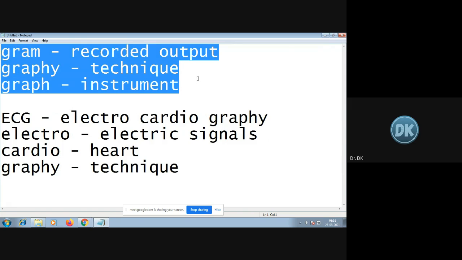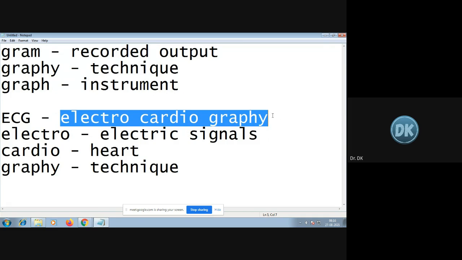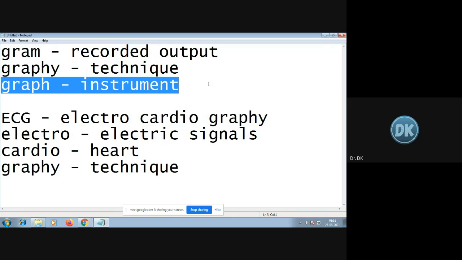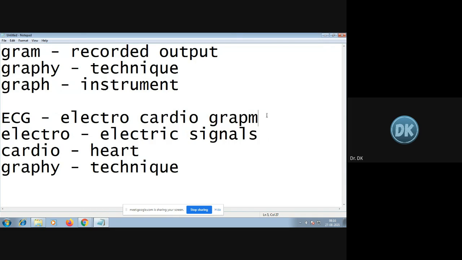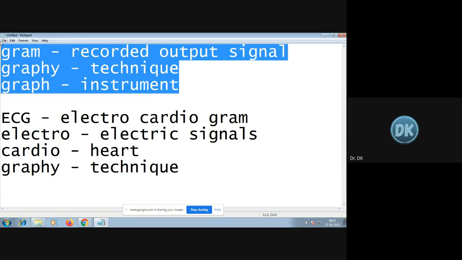very, very important. So in exam, if you are asked about electrocardiography, then you write about the technique of measuring the heart signal. If you are asked about the electrocardiograph, then you explain about the instrument, the block diagram, and how it is used. And if you're asked about electrocardiogram, which means you have to write about the signal, the output signal which you are getting. Okay. So the signal frequency, what are the normal signals, abnormal signals, all those things. Okay. So these three words are very, very important.